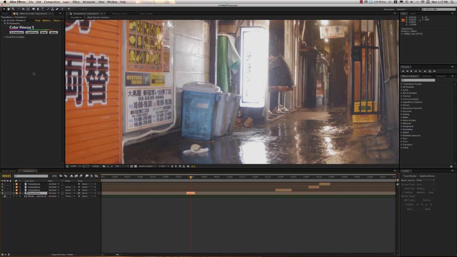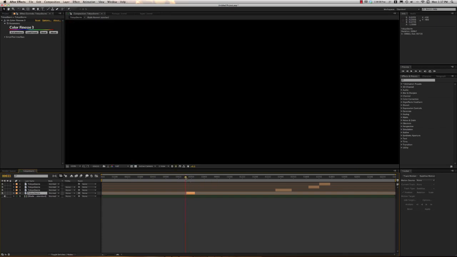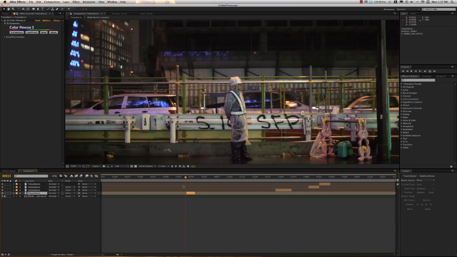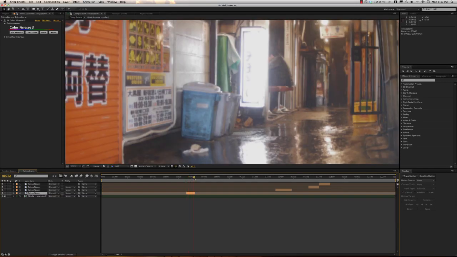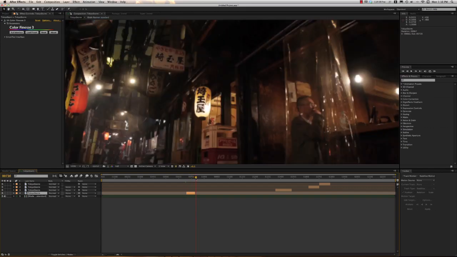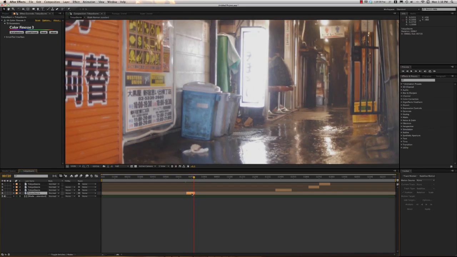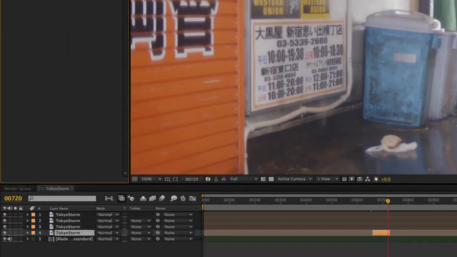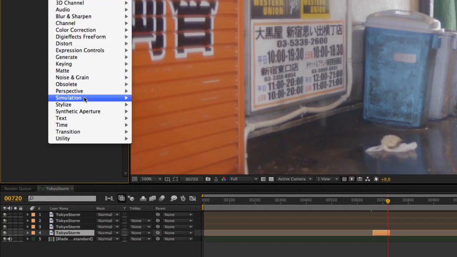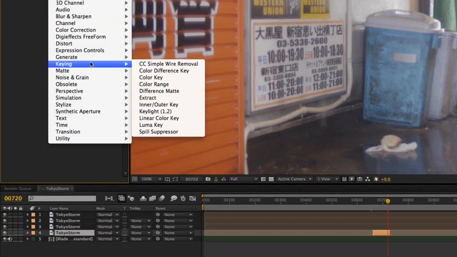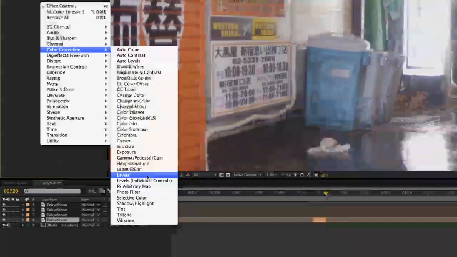the other stuff. So the other thing I'm going to do here is I want to look at the adjacent image to see the levels. Okay, that's got some pretty deep, rich blacks, and so does that in the shadows. So I'm going to bring my shadows down. I'm just going to do a simple levels adjustment. Color correction, levels,